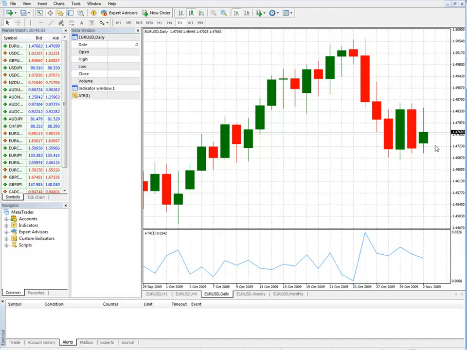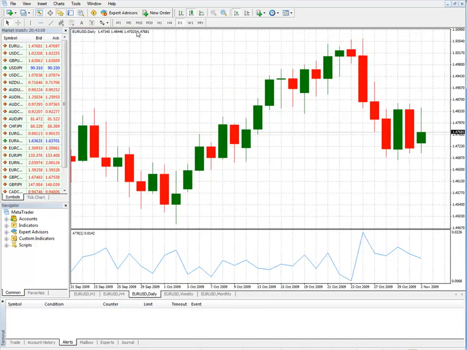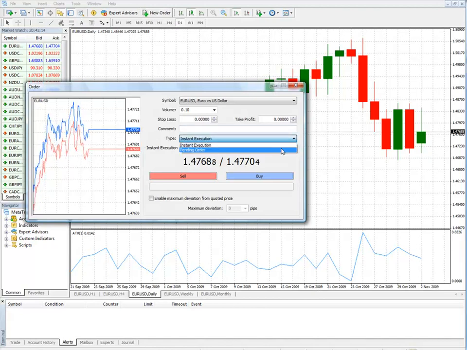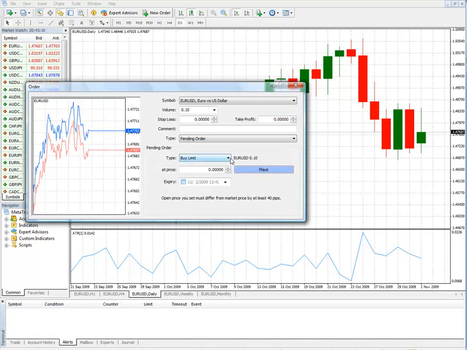Okay, so we can actually place an order based upon this bar, and it'll be a pending order, of course. So let's pop over to new order, and it's going to be a pending order. Since we look to buy above the market, we're going to place a buy stop up here. And the price we want to place that buy stop at is